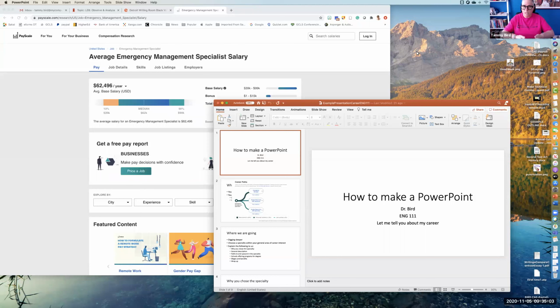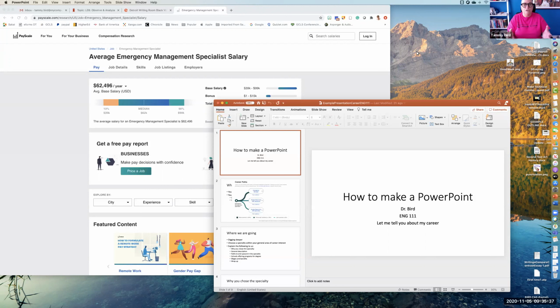And that's what you should be doing now. You should be focusing in on one or two specific areas that you want to look more deeply into. The PowerPoint presentation is going to be about researching that specialty or researching a couple of specialties, but no more than two specialties in your area. And for most of you, you'll be looking at one particular specialty. So you're going to look at that specialty or two in the PowerPoint and you're going to explain it to us. You're going to tell us all about